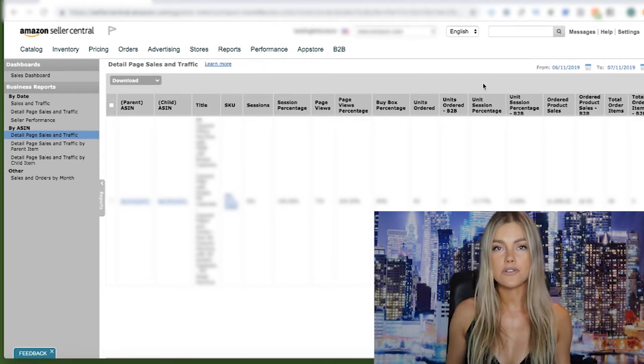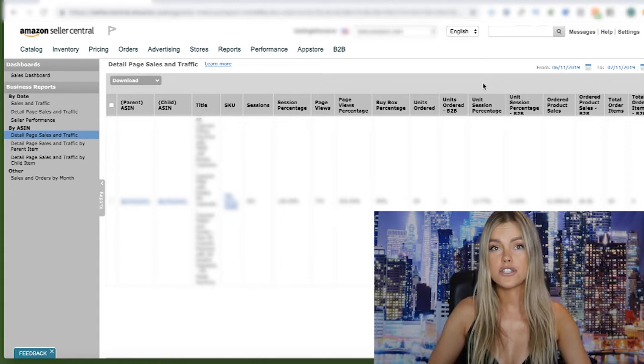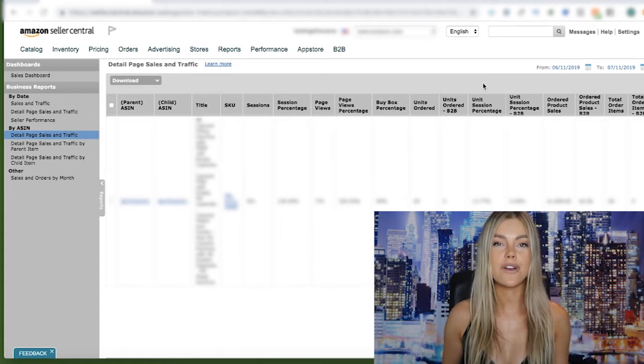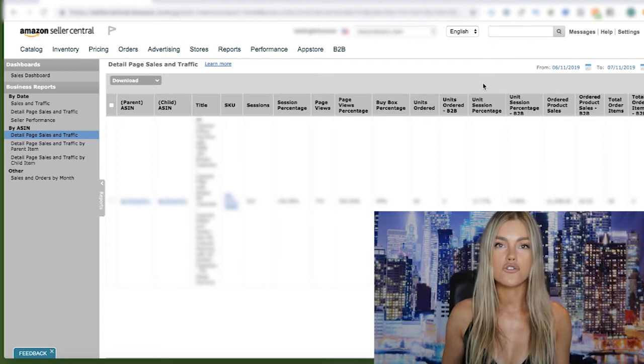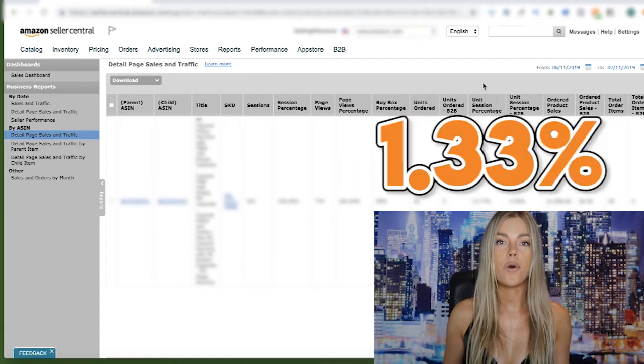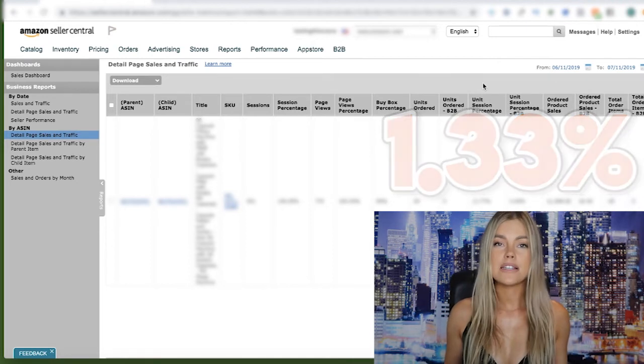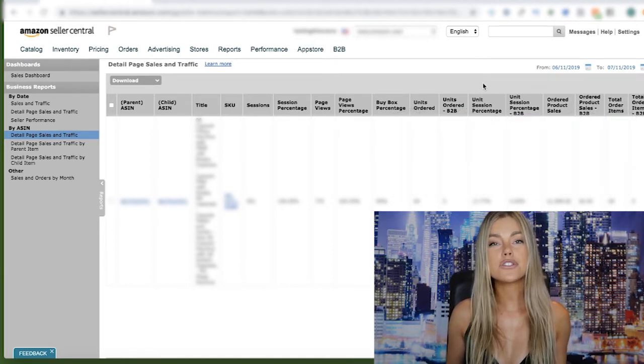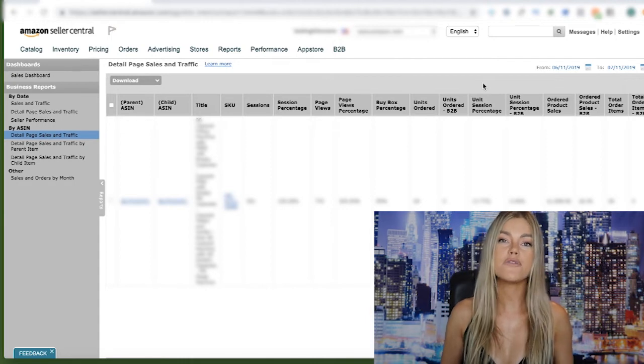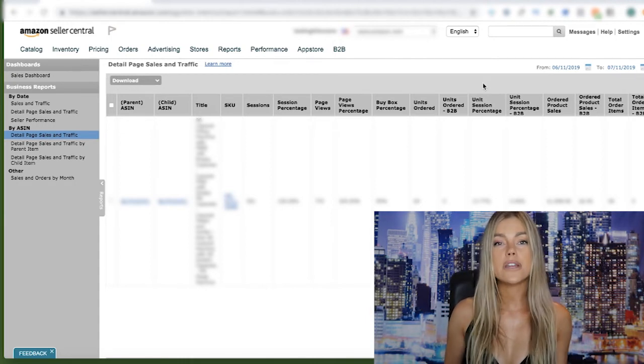However, let me tell you some facts just so you have a ballpark range. This is gonna scare you guys. The average conversion rate for e-commerce is, drumroll, it's very low. It's 1.33%. That is horrible. I looked it up, but that's the average. And with Amazon, the average is 10%. So if it's 10% and above, you're getting sales.